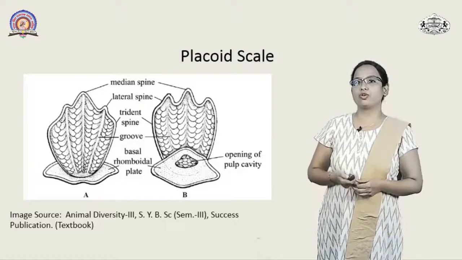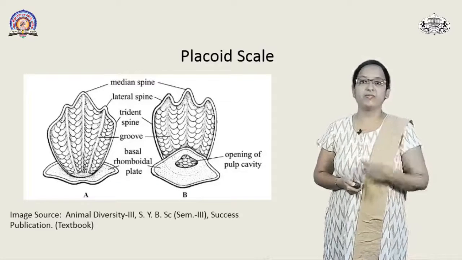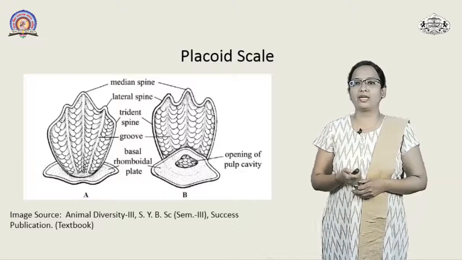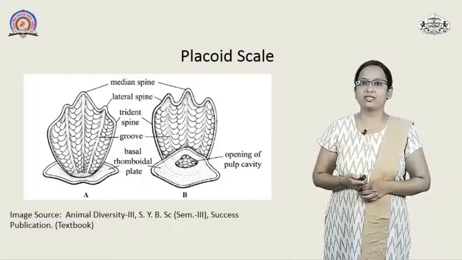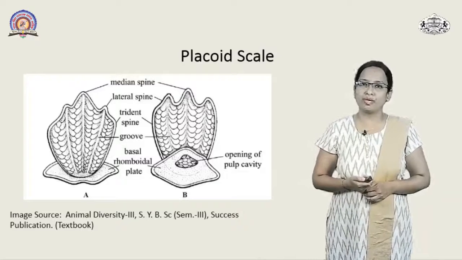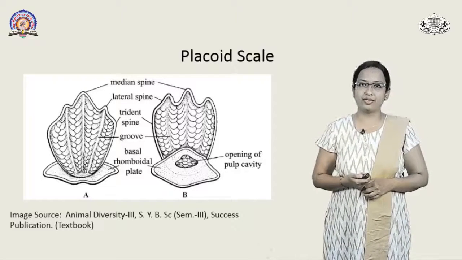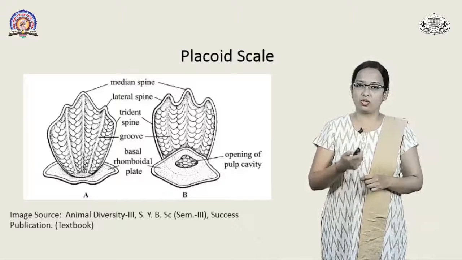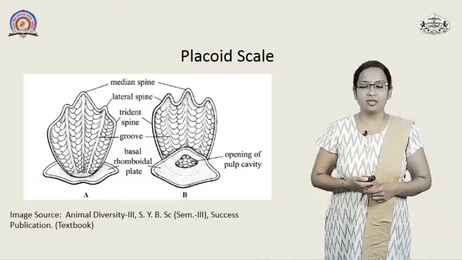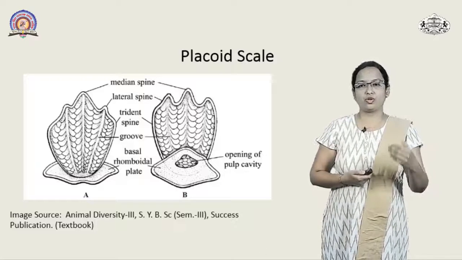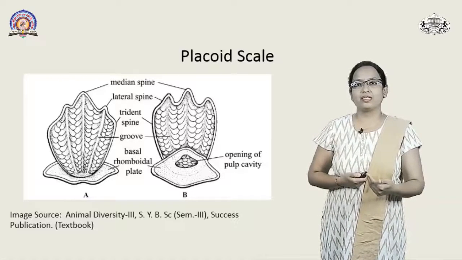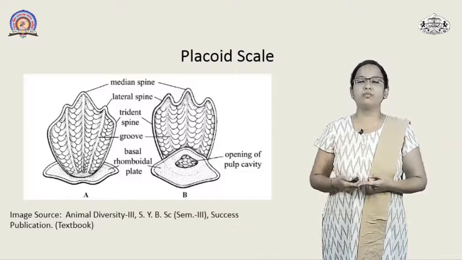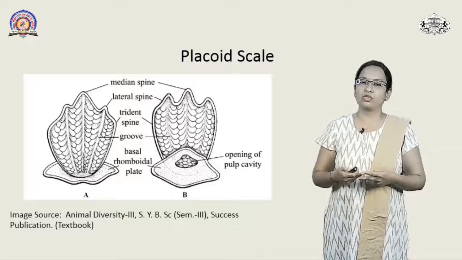If you see the structure of this particular trident spine over here, what you see is there are small channels, or the canaliculi, present over here. This particular structure is also made up of dentin. The trident spine is made up of dentin and it is going to have the fine channels, or the canaliculi, present in it. So, this particular structure, or say the placoid scales, are dual in origin. They are of mesodermal origin and they are also of ectodermal origin.